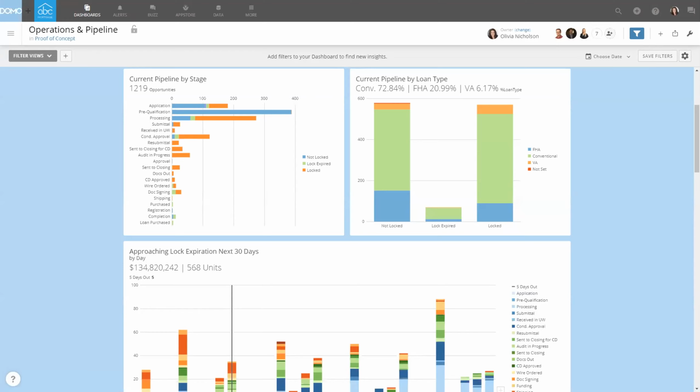Do you have any pre-built solutions for my business? Yes, we've got hundreds of quick start apps within that connector library and the app library that I just talked about that helps users load data with the click of a button. And certainly for the mortgage industry, we've got all these pre-built dashboards that Olivia just showed, and we're able to deploy those very quickly to get you up and running within just a matter of weeks.